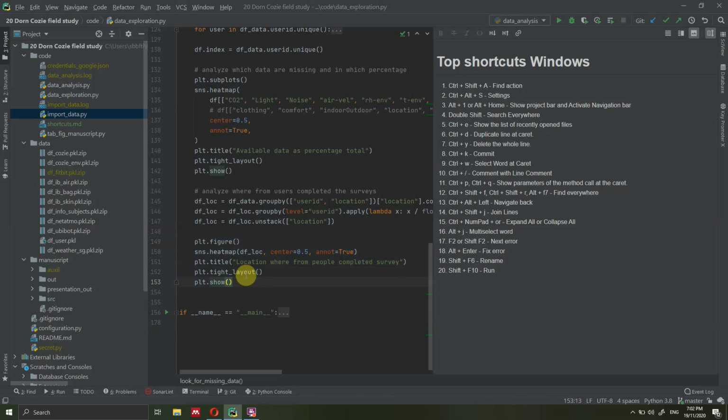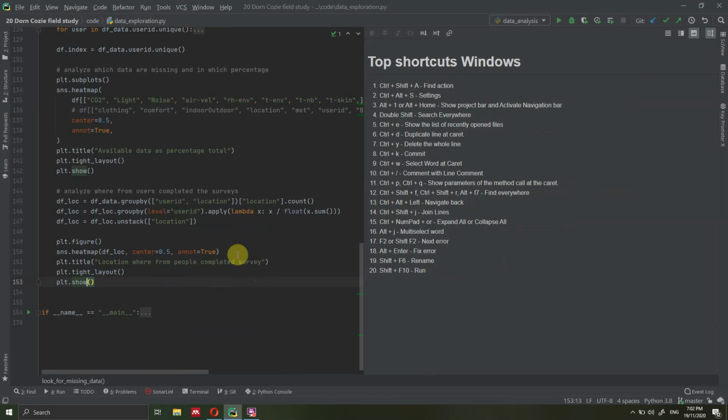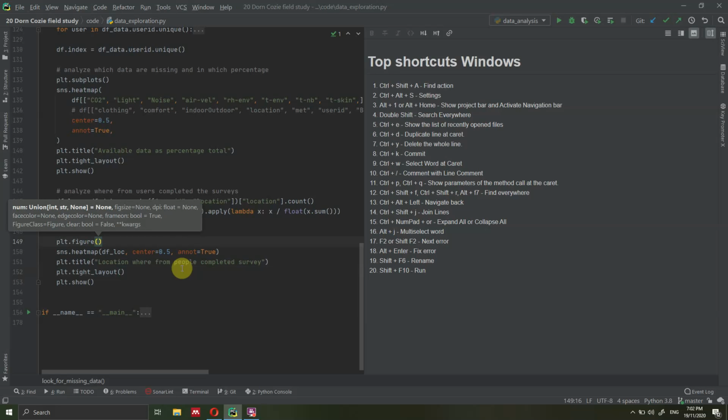Ctrl P and Ctrl Q. So let me close the project bar here on the side, and let me show you what Ctrl P and Ctrl Q are. If you want to find out more about this command, which is PLT figure, you can type Ctrl P, and it's going to show you all the inputs that you can add to the figure. Like for instance, you can specify the figure size here and then change it. However, if this is not enough for you, you can just press Ctrl Q, and this is going to open